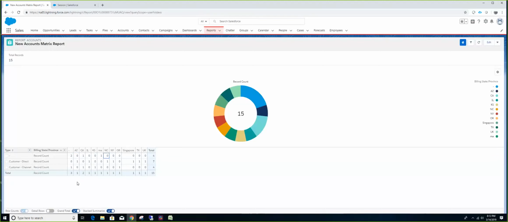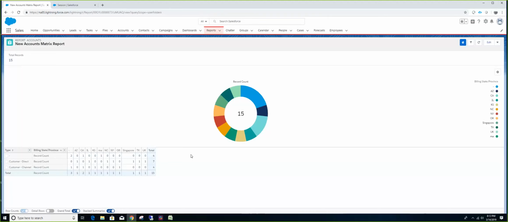With the small data set that we have, this might not look like much, but imagine when you have opportunities and you are doing a revenue graph like this, combining the opportunity amount obtained by state.